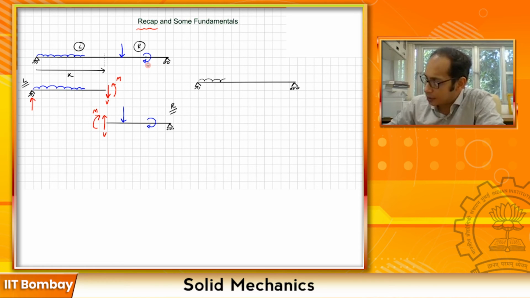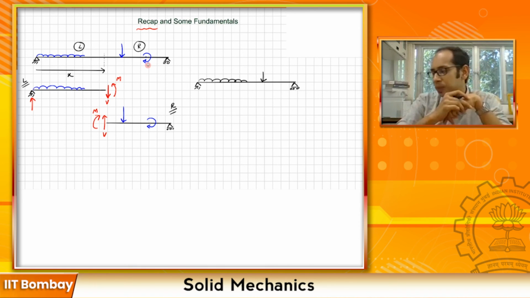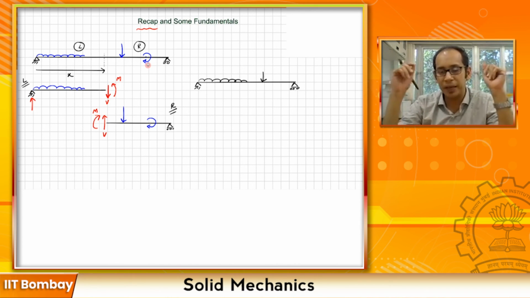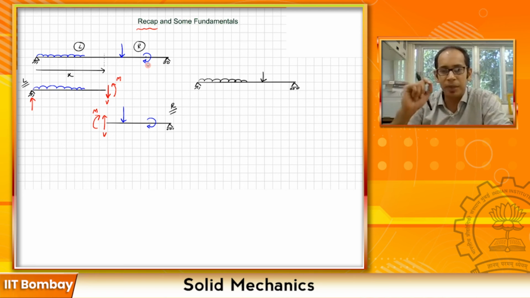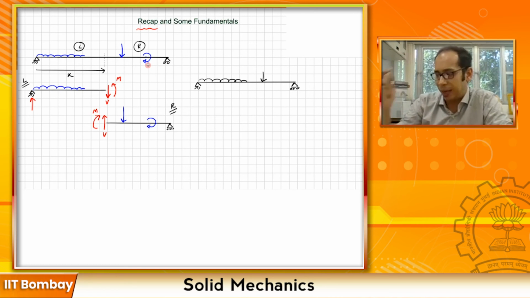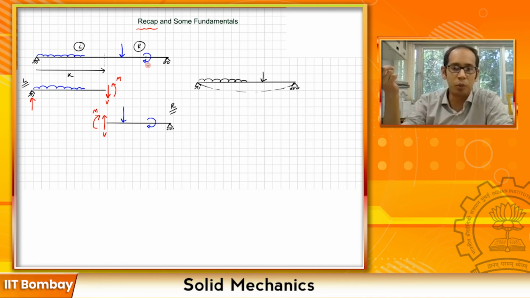Now, regardless of what kind of loading you have, as long as the loadings are intermediate between the left support and the right support, in a simply supported beam, or when your pin ends and the roller ends are at the very ends of the beam, you will not develop any bending moment. And what is the reason for that? Remember, as long as it's a pin support or a roller support, it allows for some amount of rotation. And when you have rotation, the corresponding force, in this case the moment, does not develop.